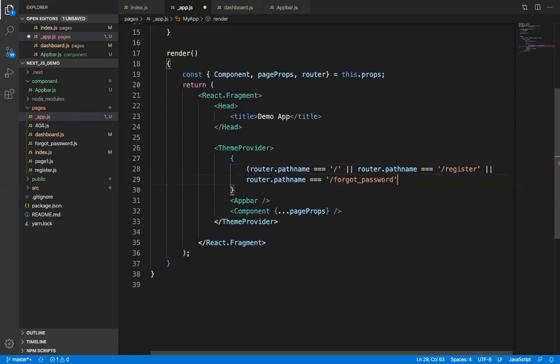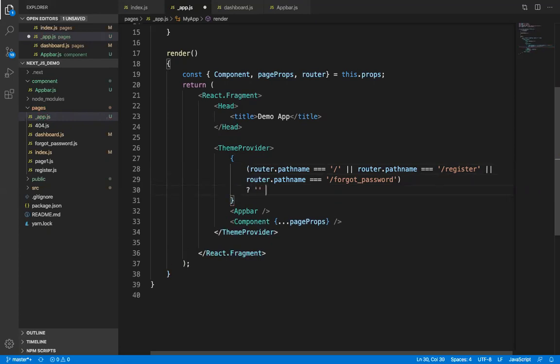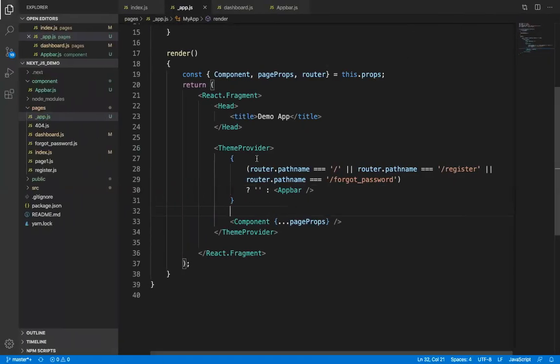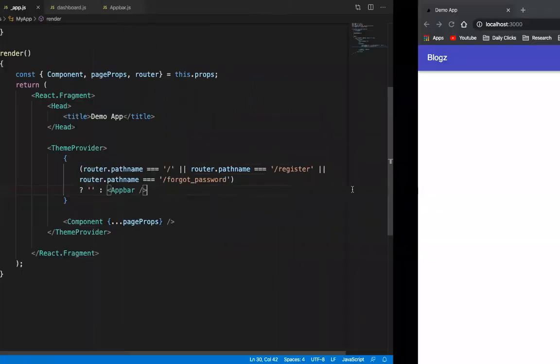So if this happens, we'll render blank, else we will render our app bar. So now I've written the code so that if our page is index.js or register.js or forget password.js, then it will show nothing. But other than that, it will show the app bar.